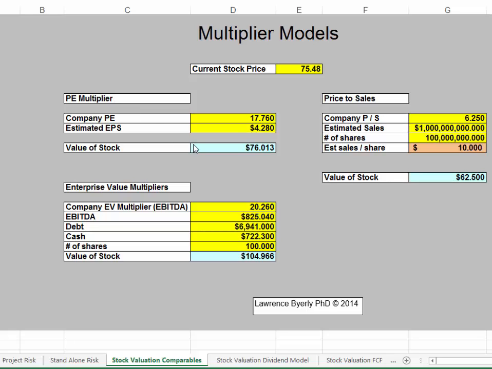The PE multiplier, quite simply, is just the company's PE ratio multiplied by the estimated earnings per share. So let's talk about the two variables. First of all, the company's PE ratio. That could be today's PE ratio, or it could be the PE ratio 1 year away. So let's look at